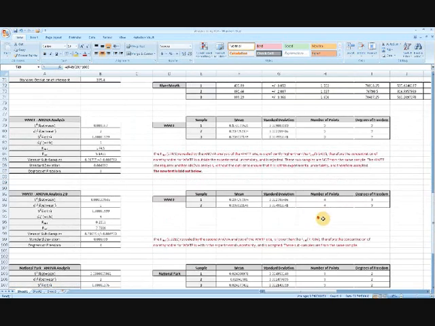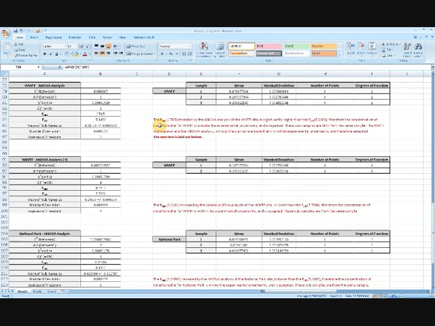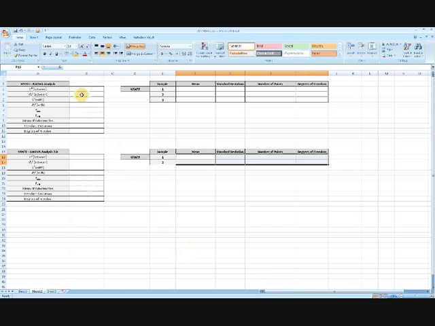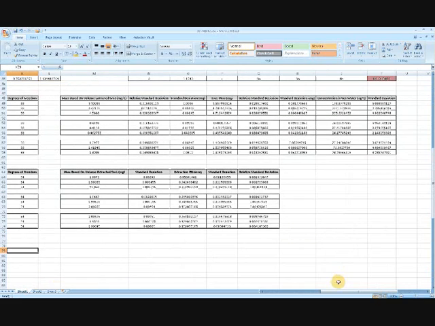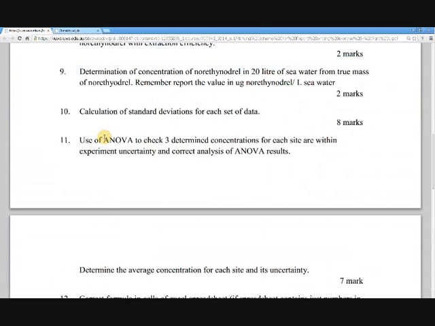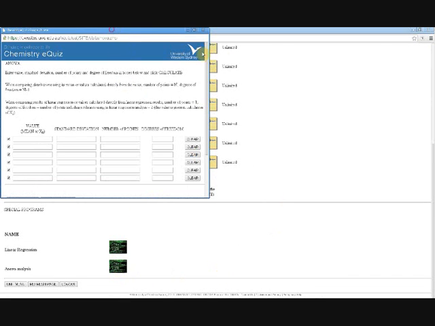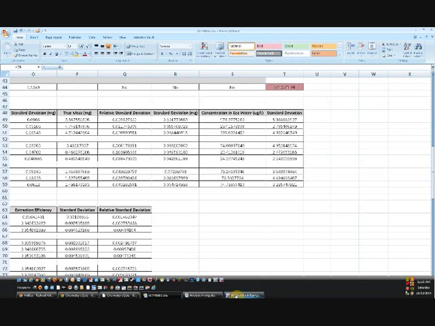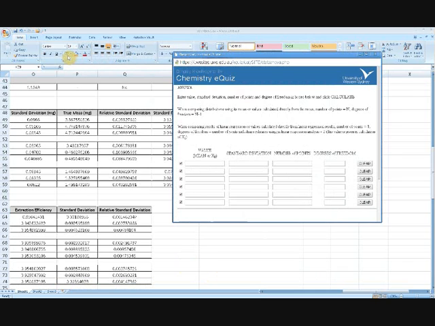So this is what my ANOVA analysis looks like. I know it looks like a lot to do, but once you've got the hang of it, you get supplied all these answers anyway. So I'm going to make a new sheet with new tables just so I can show you. What we need to do is go to the e-quiz, which is here. I've already got it up, and we go to ANOVA analysis. So what we need to do here is open Excel,